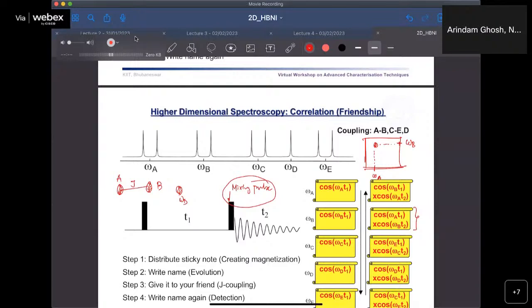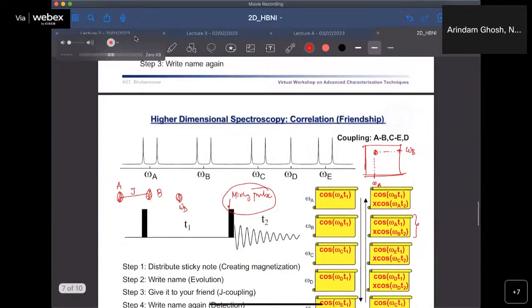So this particular thing is done in 2D, and this is how this correlation is being done. That means A and B are correlated, J coupled. So therefore we can clearly see that although we have now this splitting and this splitting, A and B are exactly the same, but as we have a peak over A and B here, and then you have another peak, which is basically,